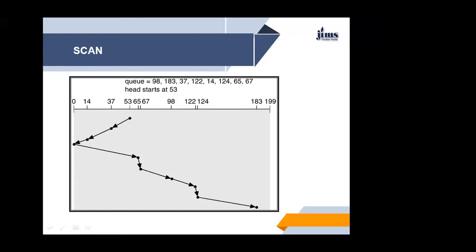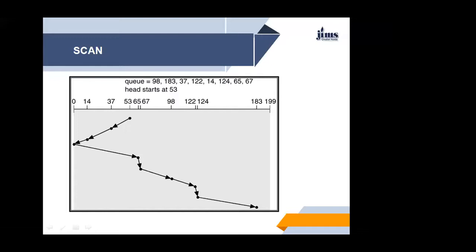So we know the head's current position is 53. If the disk arm is moving towards 0, the head will service 37 first, then 14, then 0. The arm will reverse and move toward the other end of the disk, servicing the requests at 65, 67, 98, 122, 124, and 183.